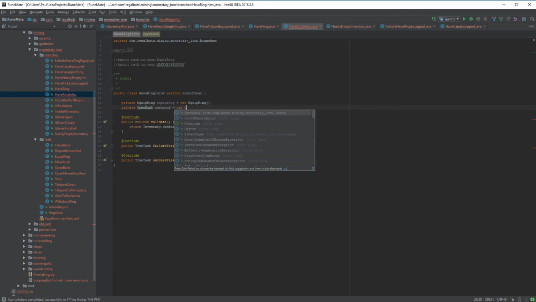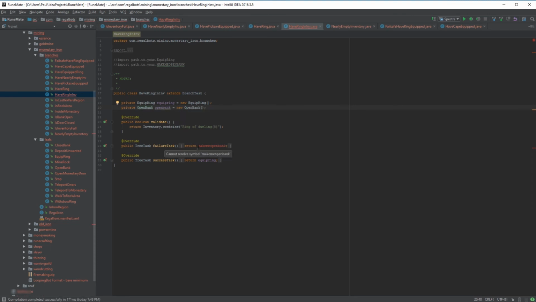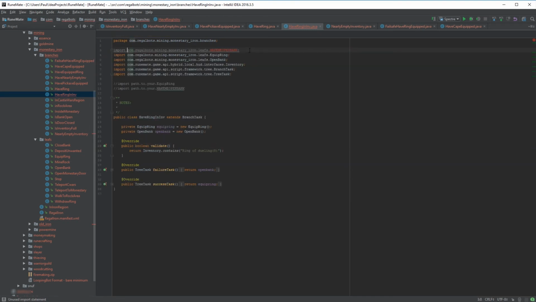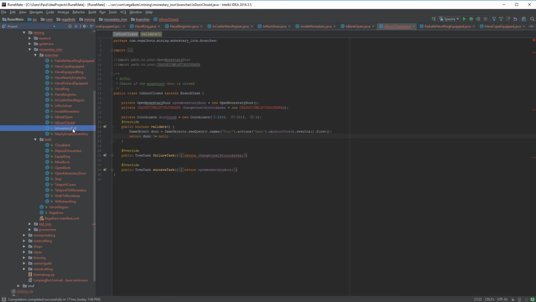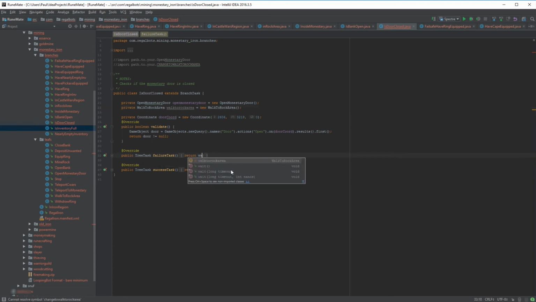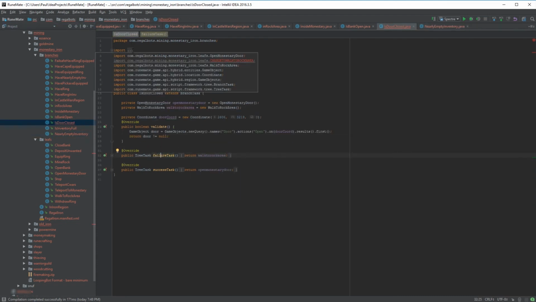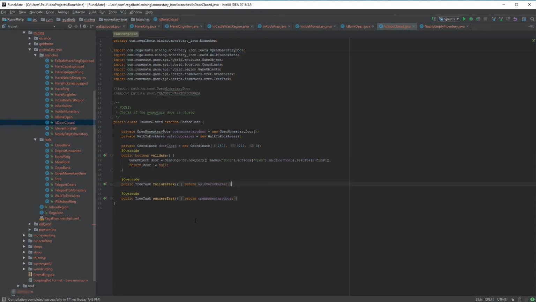Open bank. Okay, so I just finished going through all of these